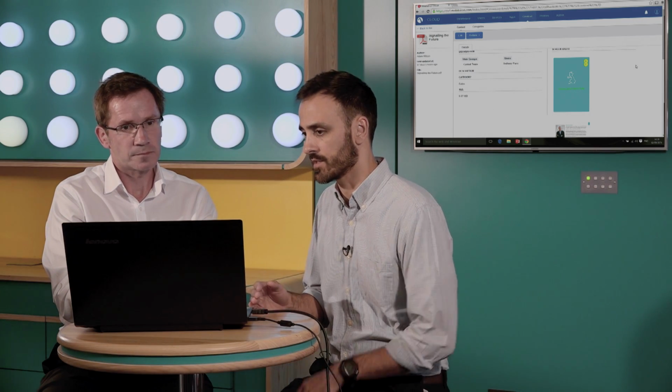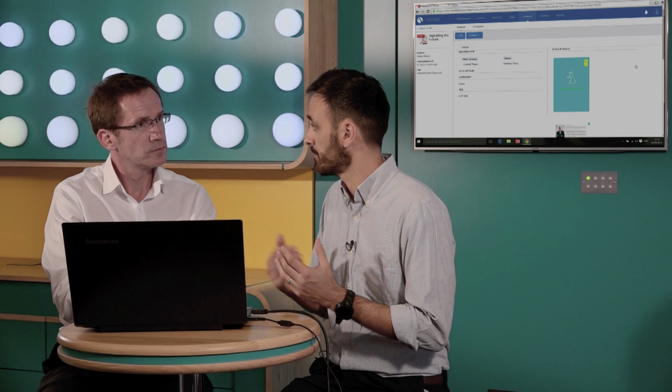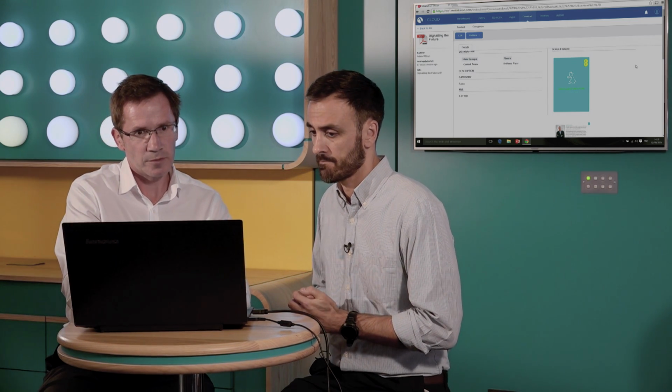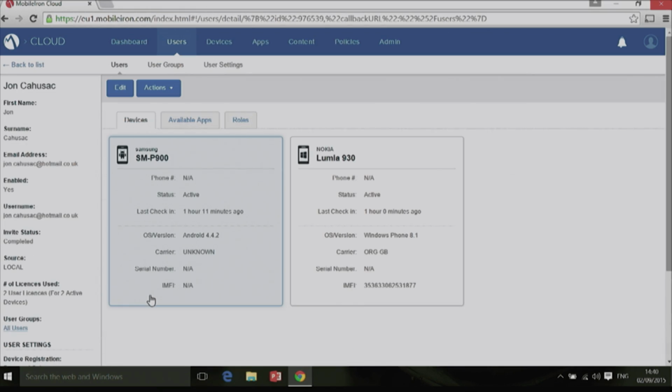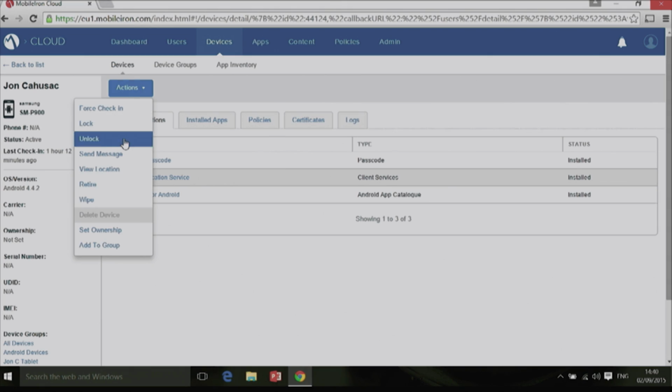And how about one last example? How about something to do with location? Okay, so a very, very interesting question. So you may wish to track or locate your device. Clearly here we're locating the device, the asset, rather than tracking the individual, again for data protection purposes. But for instance, if I were to, let's track me, Tony. So for instance, if I were to click on my name, and I wanted to then track the devices that are within my possession today, I could click on the tablet accordingly, and if I then click on View Location,